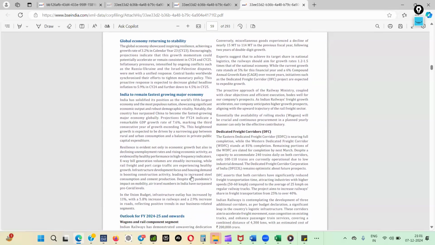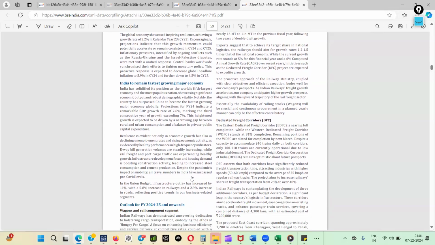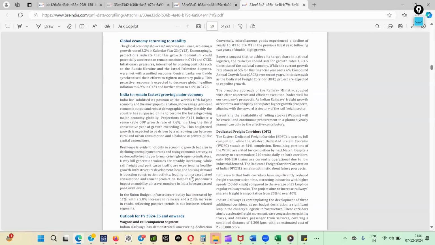So don't wait for me to read it out or somebody else to read it out. Reading is not analysis. So what are the sections to be read? If you read, you have information. If you have information, then you can take a better decision. Think about it: if you're not reading and just looking at a chart, do you know whether they are in drone or EV? You don't have any idea.